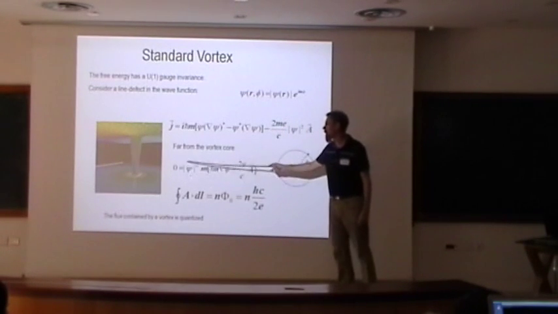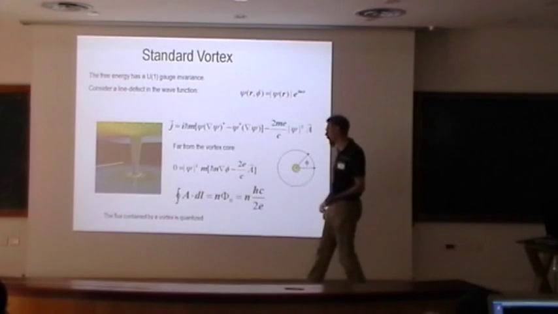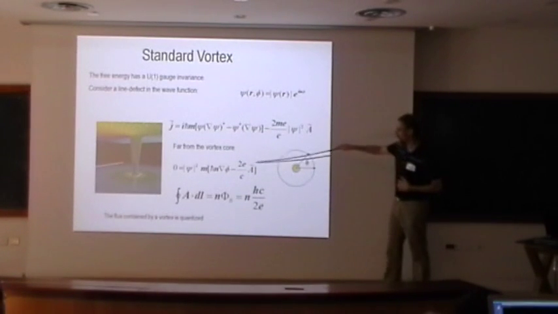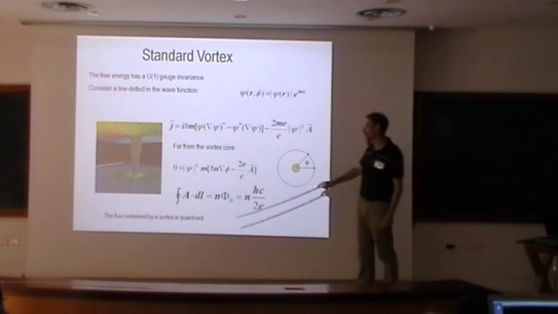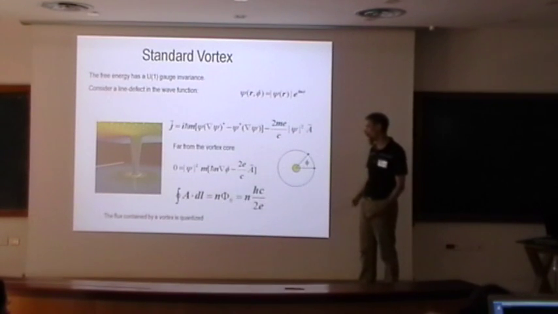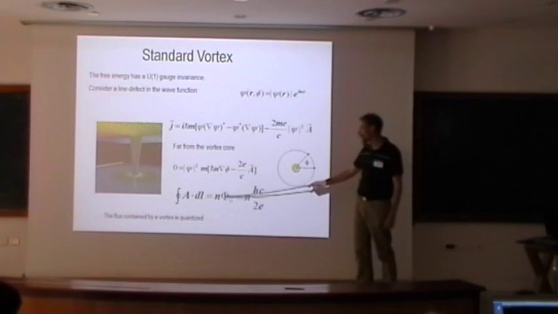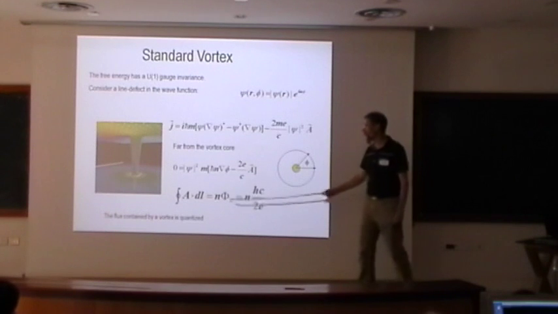And so then you can do a simple calculation where you just calculate this in a line integral on the trajectory around the vortex core, far away from the core, and you find that this portion gives you the flux enclosed by the vortex, this gives you a factor of 2 pi, and you find that the flux enclosed by a vortex is quantized. And so this is the famous result of Agterberg and others afterwards. In particular, you find that you're quantized in terms of the usual flux quantum here.